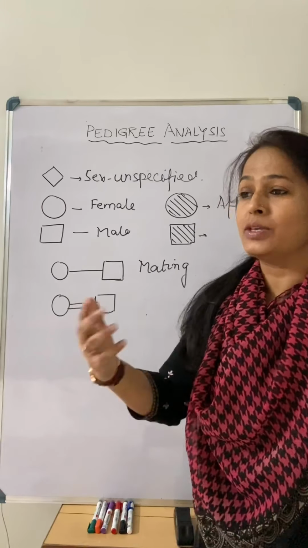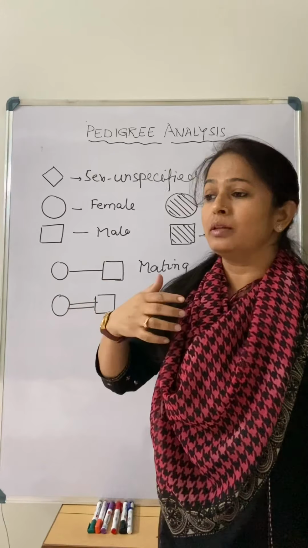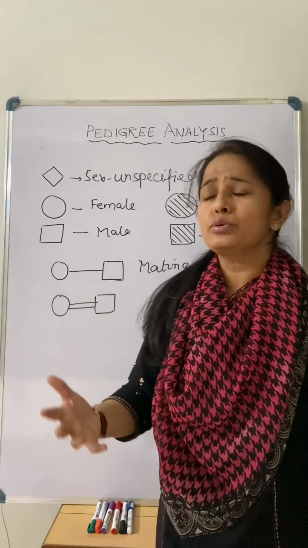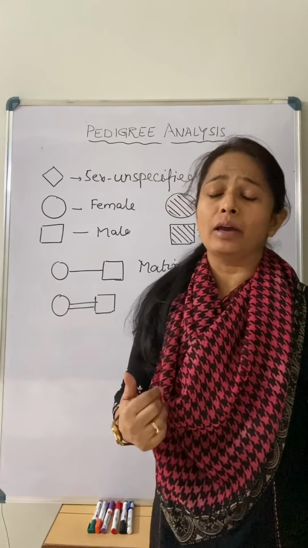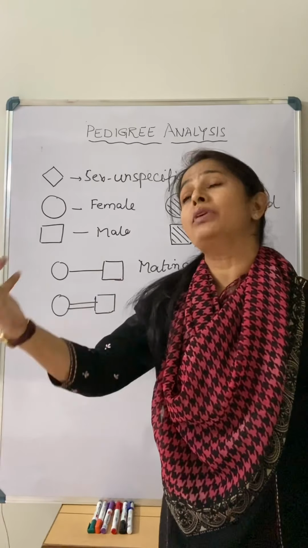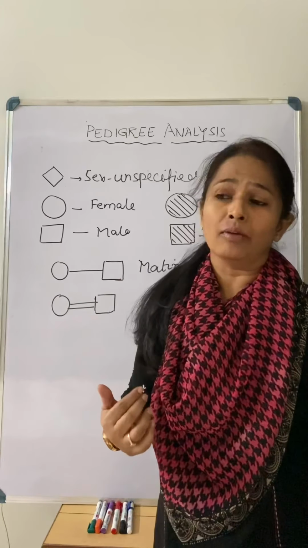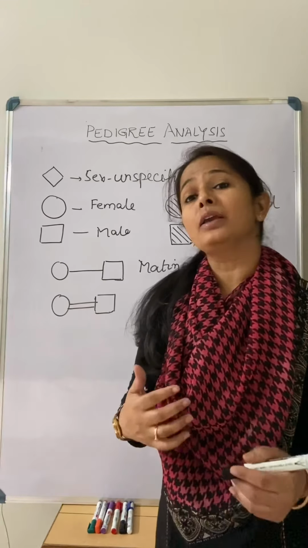When we want to know the history, for a very common disease like diabetes, we used to say, okay, my father was having it, maybe I will also have it, or maybe my grandfather was having that disease, my father was not having it, but maybe I can have it. So how is that possible, how can we study that?